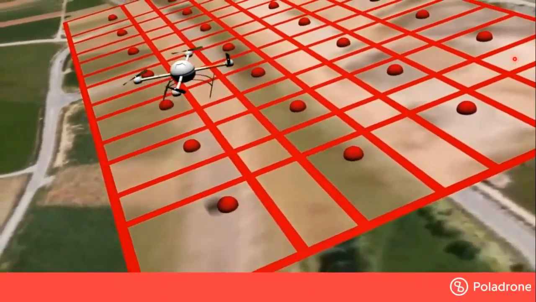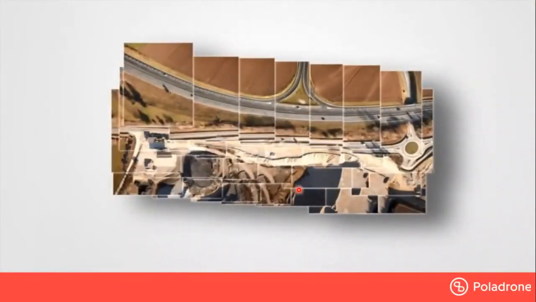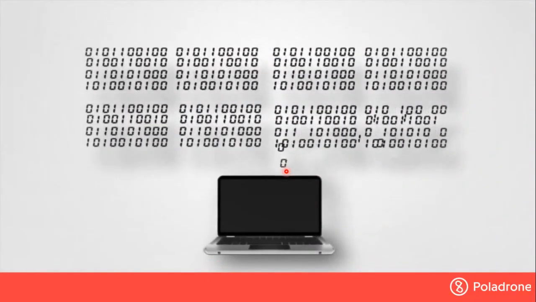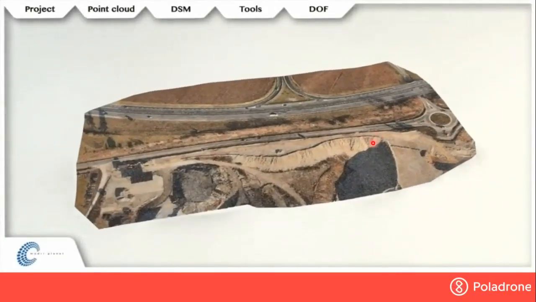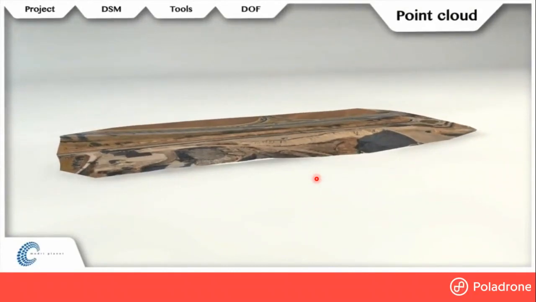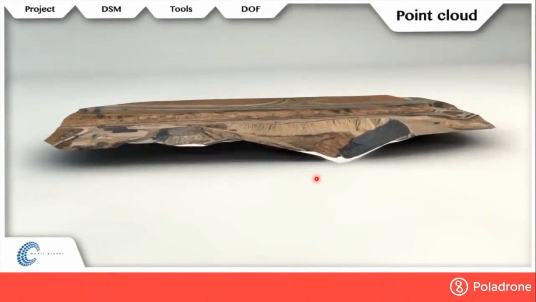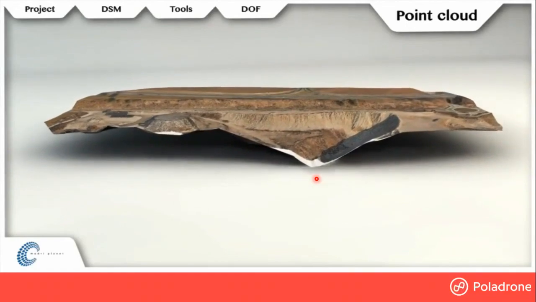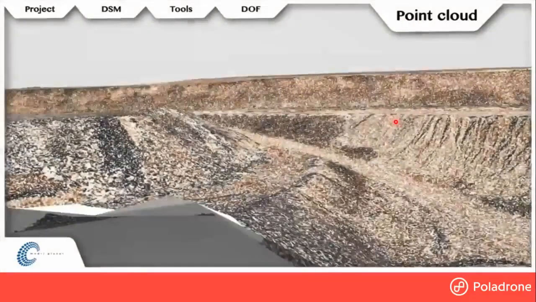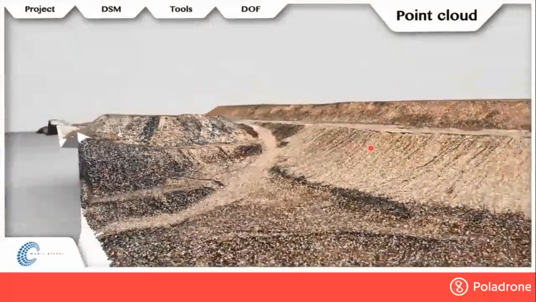Once you finish taking all the photos, you will need the software to stitch all the photos together into one big map. Just like so. So this is the result once you stitch the photos together into one big map. The most basic result you see is called a 2D orthomosaic or 2D map. And from here, you can use a point cloud to make it into a 3D sort of map like you see right now.